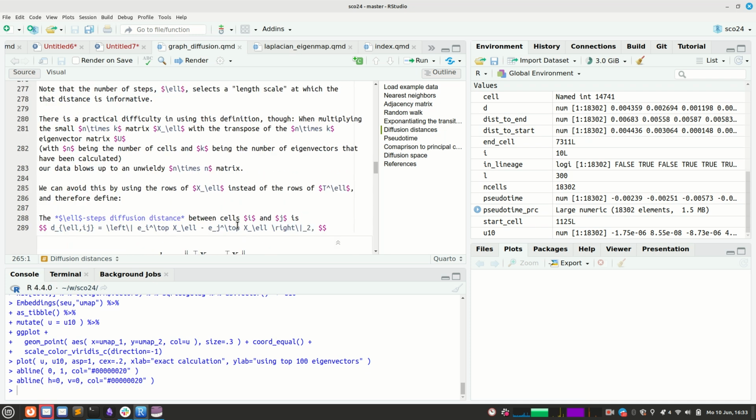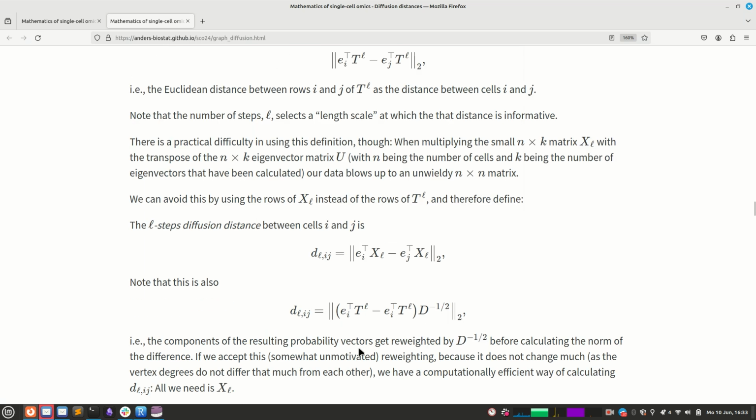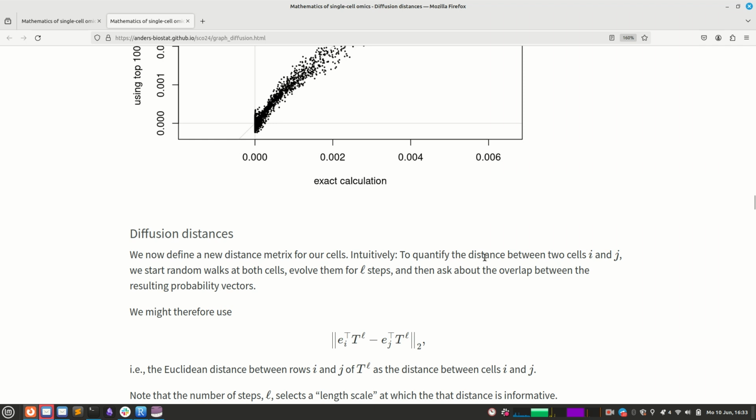And now I think this was about where I stopped last time, because what I can now do is calculate diffusion distances. The idea goes back to a paper of two guys, Coifman and Lafon, who suggested this by now 20 years ago. And they said, in order to calculate the distance between two vertices i and j, we could in principle